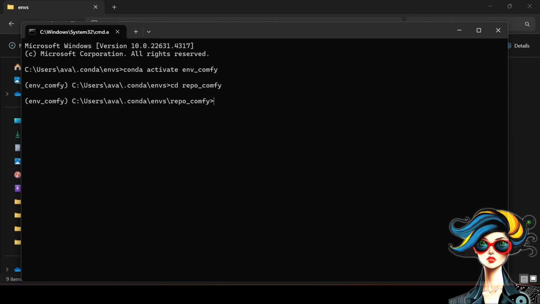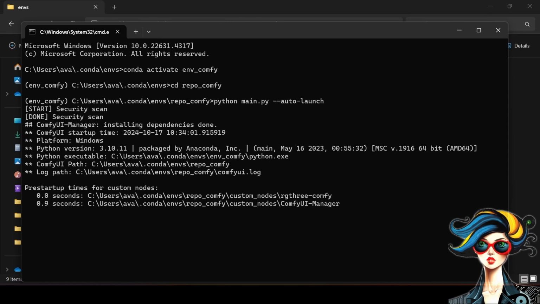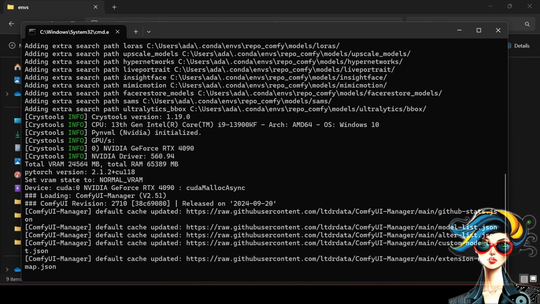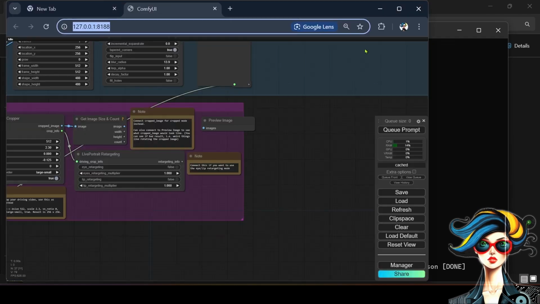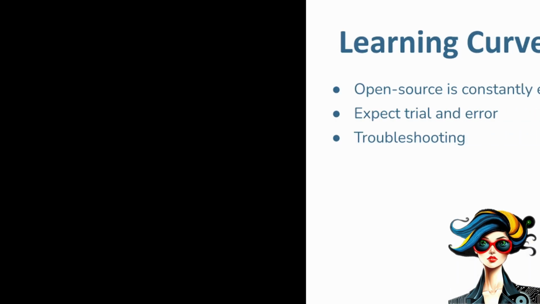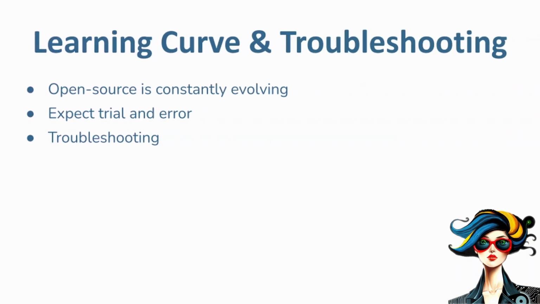Open source software is always evolving, so even with step-by-step tutorials, you will hit some bumps. Tutorials you watch today, maybe even this one, might be outdated by the time you get to it, so expect some trial and error. And also, open source AI gives you unlimited access, and you'll need it, because AI is all about trial and error. Most of the time, AI will not spit out exactly what you want on the first try, so you'll need to learn how to prompt, tweak, and refine. So why not practice in a space where you can do so as much as you want without any limits?